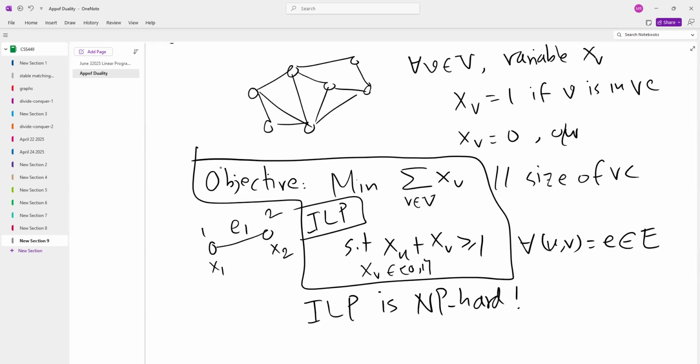This means that every integer linear program is NP-hard? Yes. Any integer linear program is NP-hard. That sounds really powerful, like if you can cast a problem as an integer linear program. A lot of problems in graph algorithms turn out to have an ILP formulation, and they are